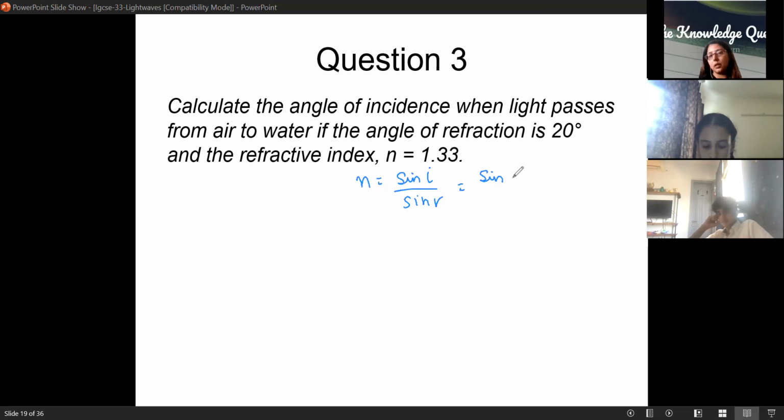What are we finding? So sine R is equal to. Well, first you plug in the values, right? Sine I upon sine of what? 20. Sine 20. Now this is the formula. Then plugging in. They have marks in your mark scheme, okay? And then you calculate. There are no marks for calculation. Then straight away marks for the correct answer. Got it? Got my point now?